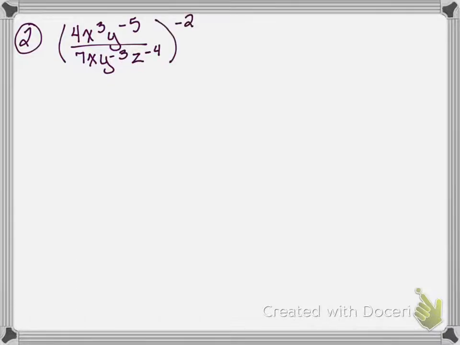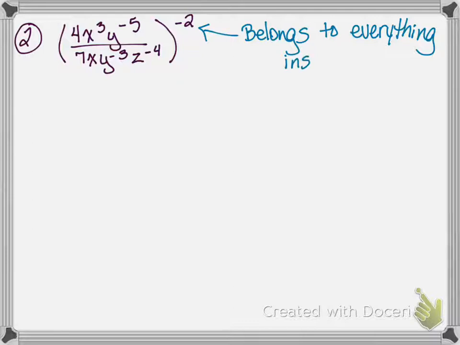Okay, now, what you have here that's different than what we had on the one before is we have a negative 2 outside of everything, outside the parentheses. So this negative 2, it belongs to everything inside the parentheses, including numbers. Okay? So the first thing I'm going to do is give that negative 2 to everything. So that means 4 to the negative 2 power,